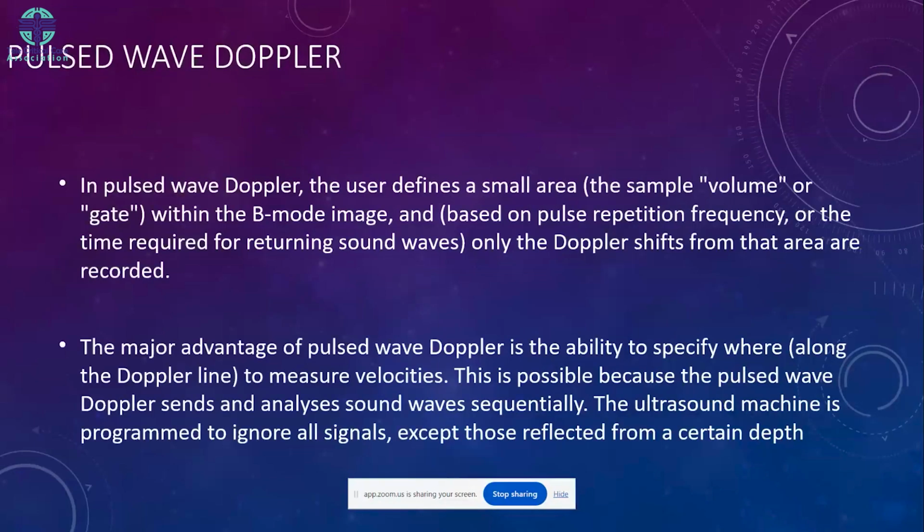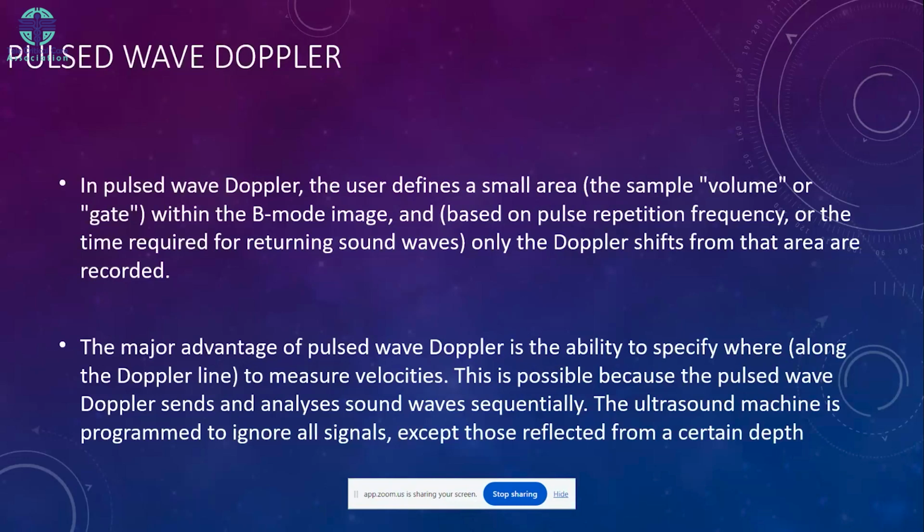What is a pulse wave Doppler? In pulse wave Doppler, the user basically defines a very small area, which is called a sample volume or a gate within the B mode image. And based on the pulse repetition frequency, the time required for the sound waves to return, only the Doppler shifts from that area are recorded. The major advantage of this Doppler is to specify where along the Doppler line,